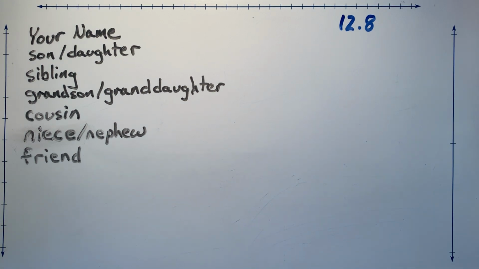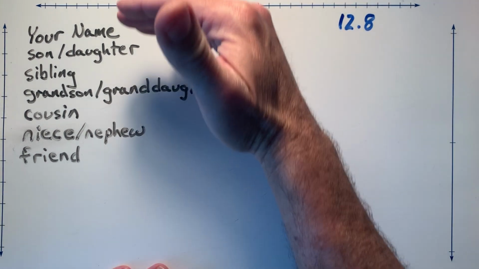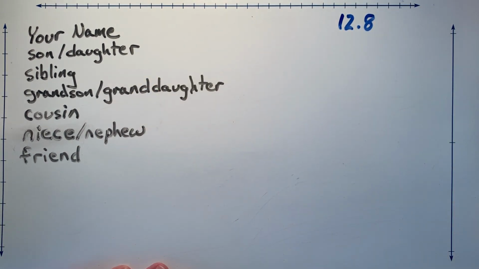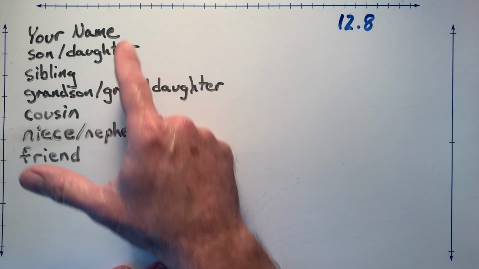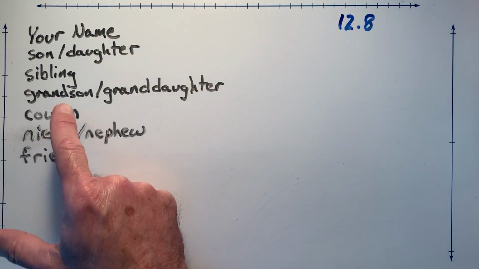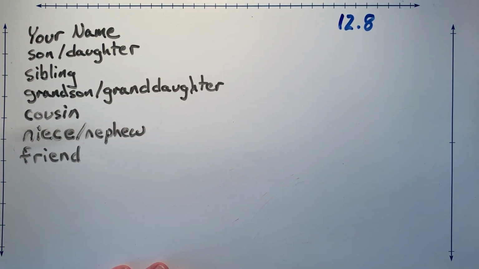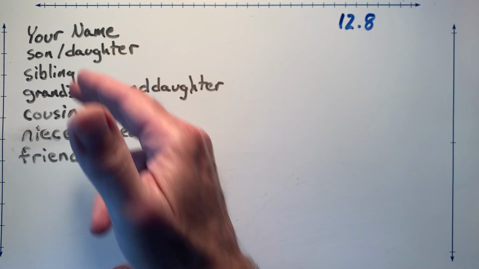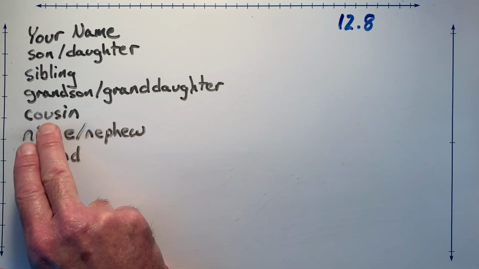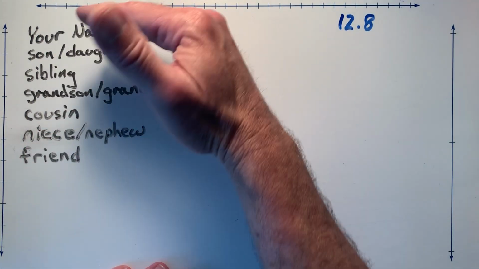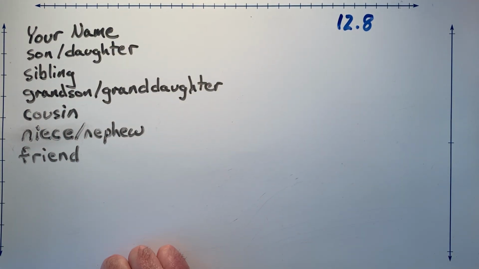We could go on and list probably even more characteristics that you are. And if we think of this like polygons, polygons fall into many categories, just like you fall into many categories. If you're a boy, then you're a son, you're a brother, you're a grandson, a cousin, a nephew, a friend. If you're a girl, then we have your name, you're a daughter. You could still be a sister, a granddaughter, again, a cousin, a niece, a friend. You're falling into all of these categories. You're not just one thing, and that's what shapes are. They aren't just one thing.